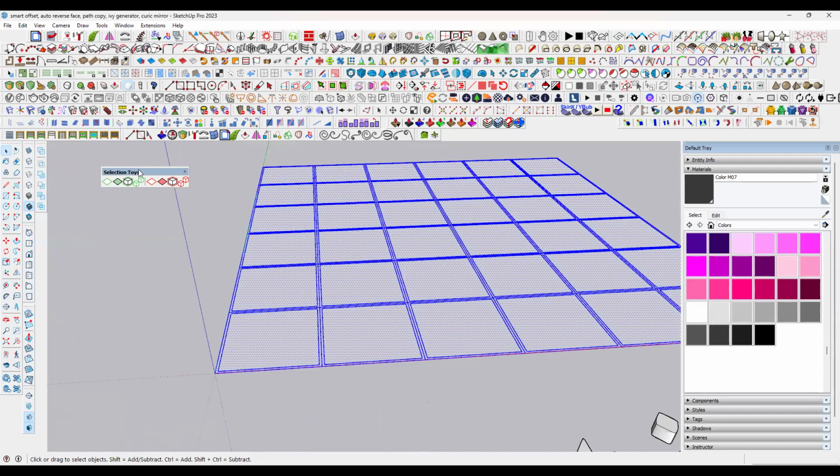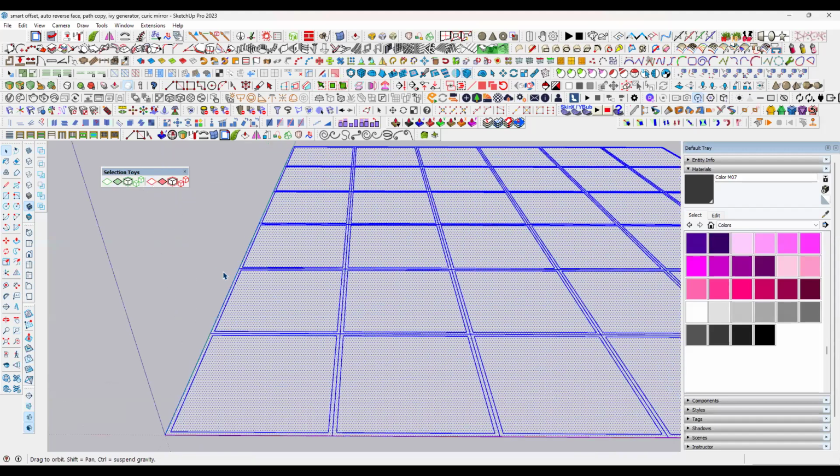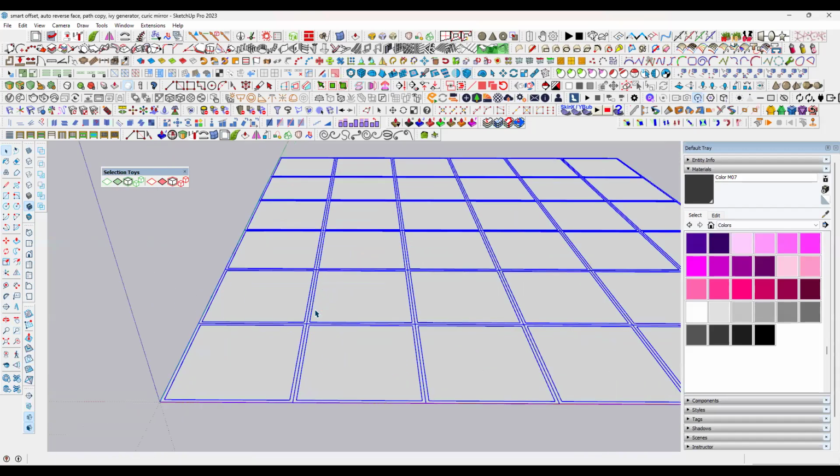Very important. We can use this plugin when we want to filter. This is like a filter. I want to select only the edges, only the faces, only the groups, or only the components. Or I want to remove only the edges. See, in this situation, if I remove this, only the faces remain. Wherever we have selected the faces, everything else is deselected. We only have faces. Okay, now by selecting these things,